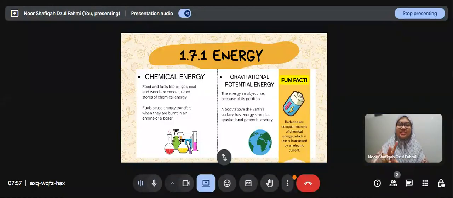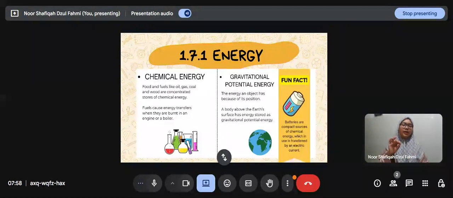And then secondly is the gravitational potential energy, which is the energy an object has due to its position on Earth. We saw just now that Lisa, when she was at the upmost part of the ramp, had the most potential energy. And do you know that potential energy is only affected by three factors: the mass, the gravity pull, and also its height. M is mass, G is the gravity, and H is its height.